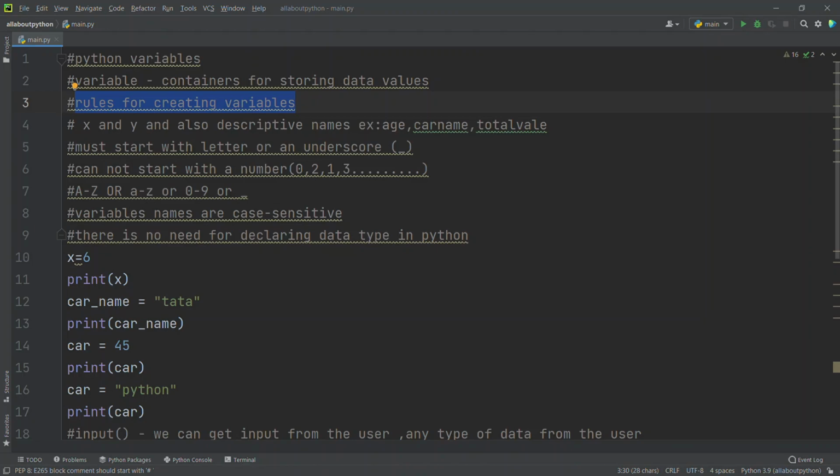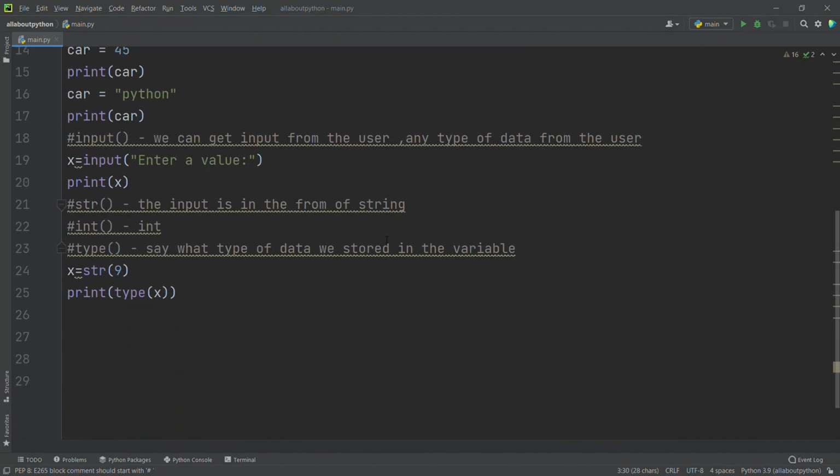Variables are case sensitive, so small x and capital X are different in Python. And there is no need for declaring a data type in Python like int x, float x, what we had done in C++ and Java. So there is no need of these things.